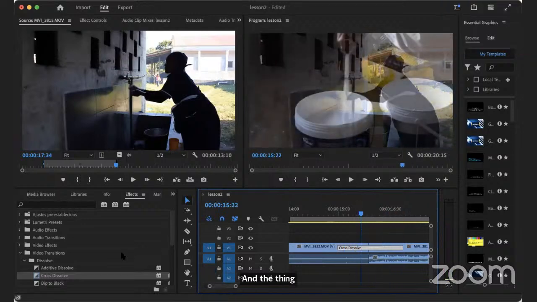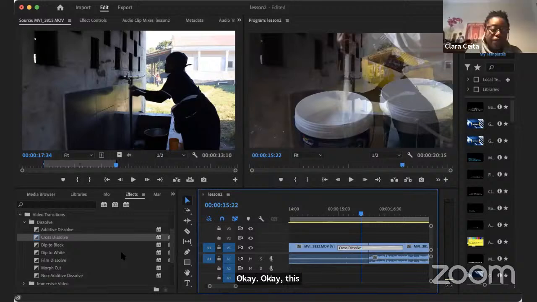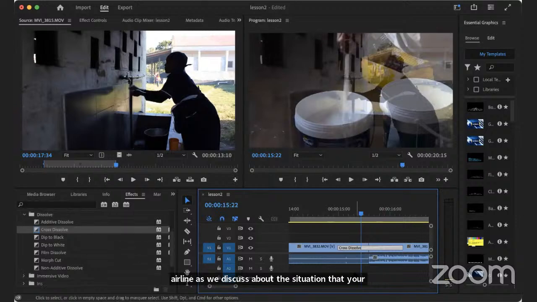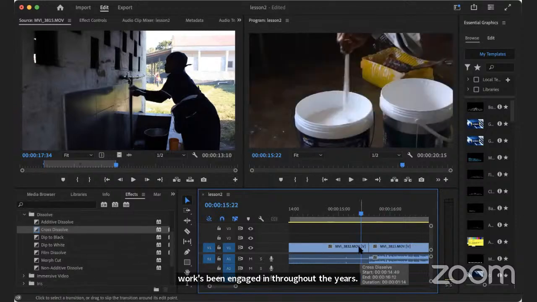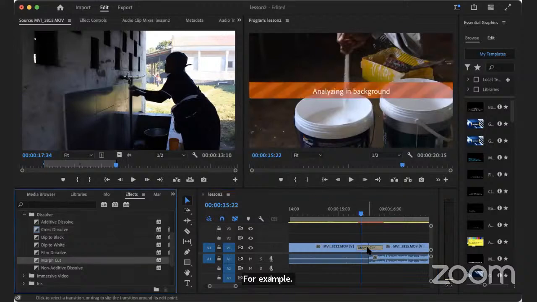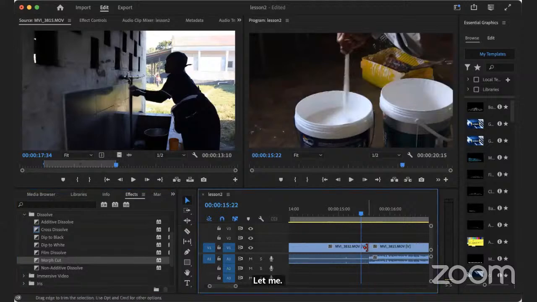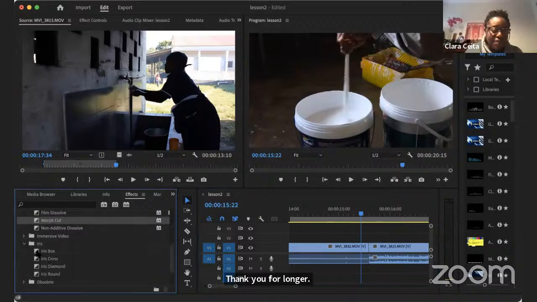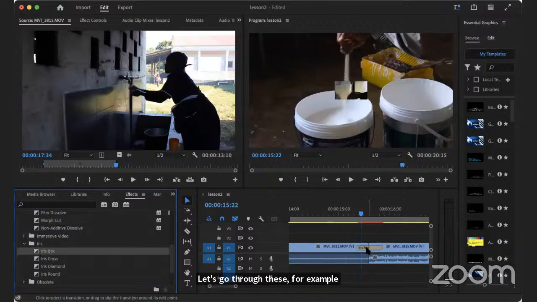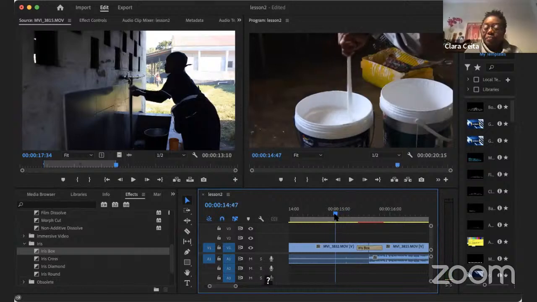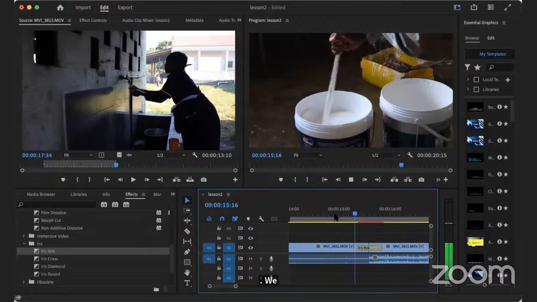We will go through this in any kind of transition we choose. Yeah, let's go through this, for example. Here is box. Okay, this transition, what do we have? We will have this main clip, then